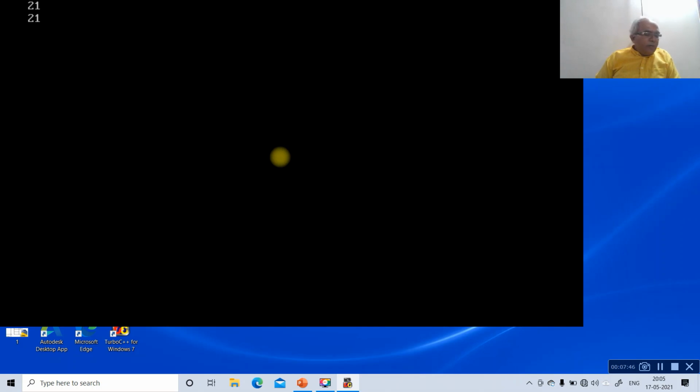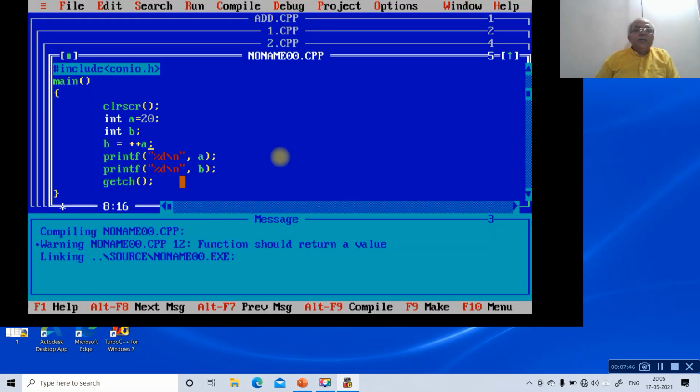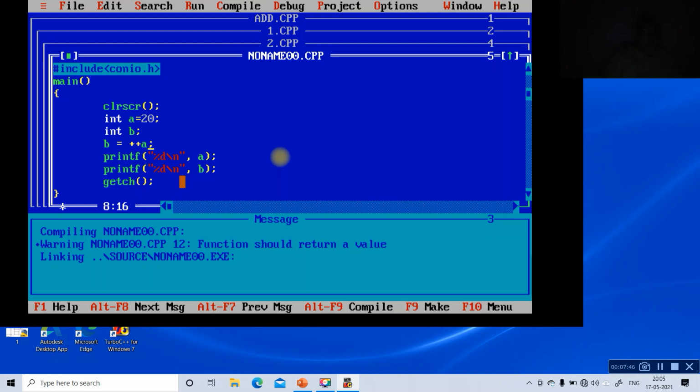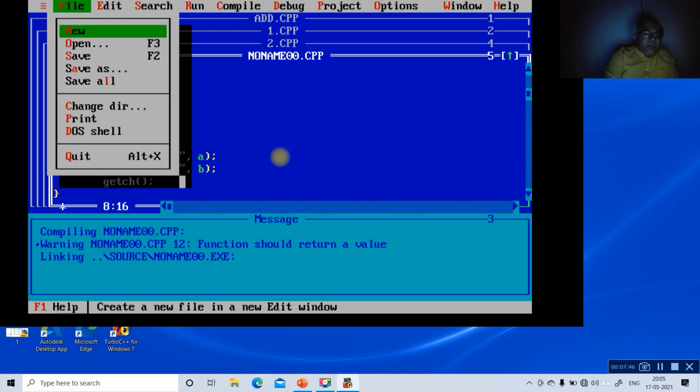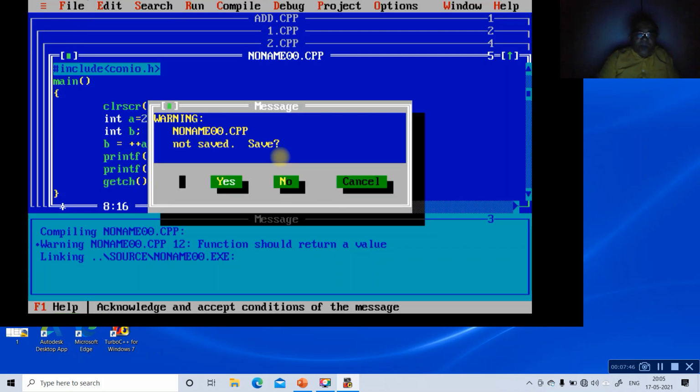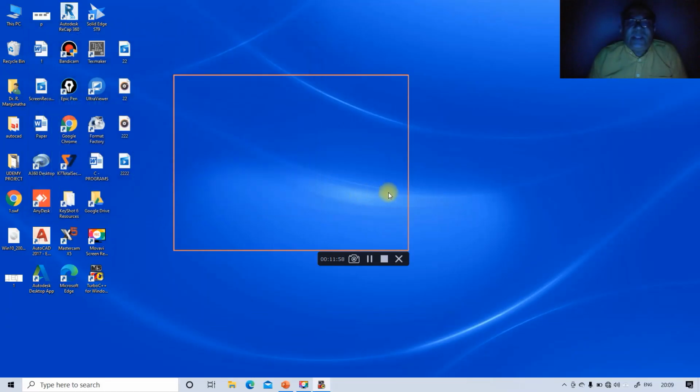So the A value becomes 21 and B is assigned the value of A, which is also equal to 21. So naturally you get A is equal to 21 and B is also equal to 21. This is how the post increment and pre-increment work in a C program. Finally you exit.